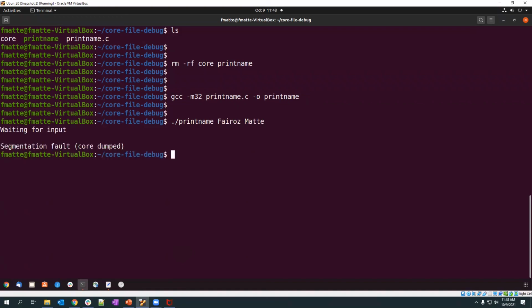Okay, so you can see that a segmentation fault happened. Some problem happened. We don't know what exactly went wrong, what signal it has received. We don't know anything. We are just getting the core dump. Where the core file is generated, it has to be dumped in the current location only, but we are not seeing the file. Why?